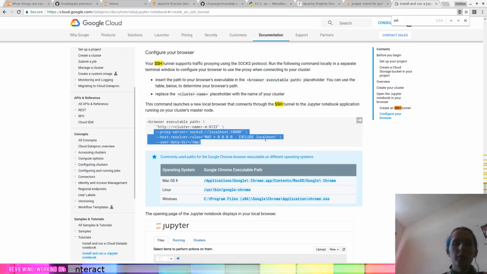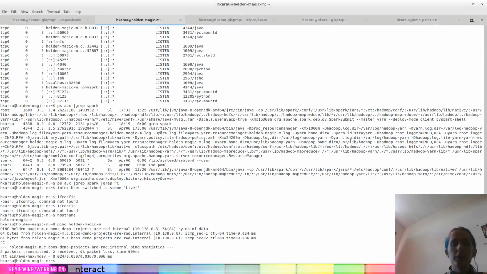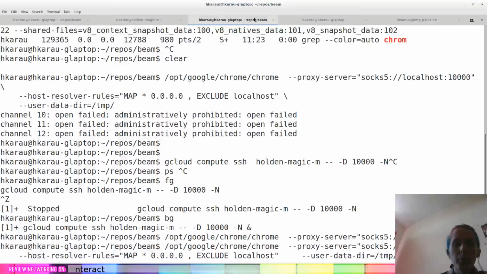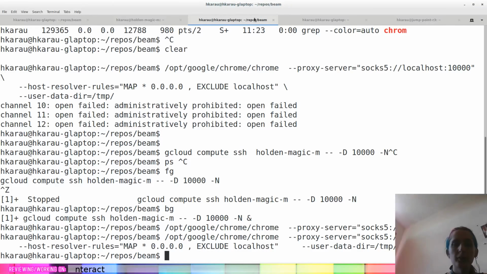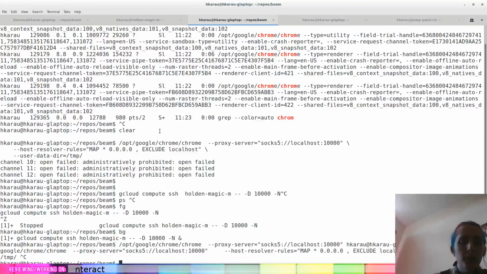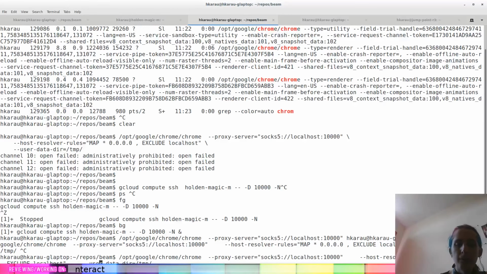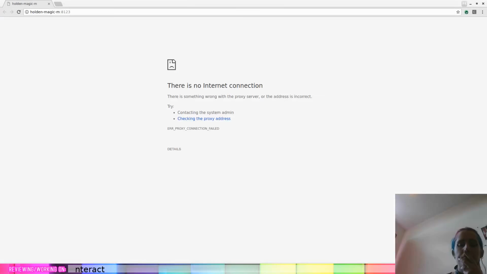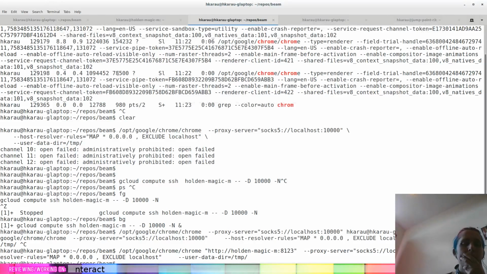Let's make sure. Whatever, we can try the full copy paste party, and then if it doesn't work, not my fault. Zoom out a little bit. Holden-magic. Yeah, okay.